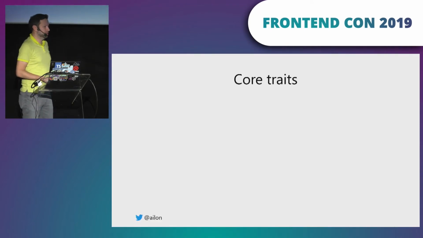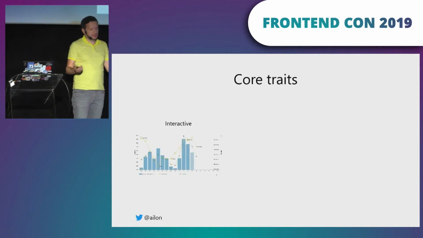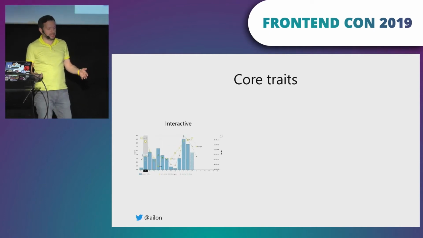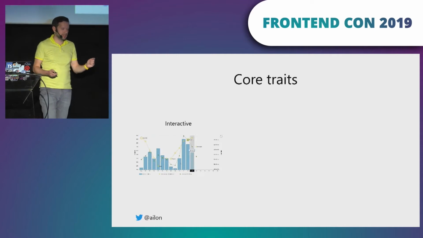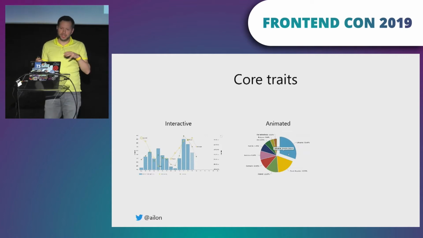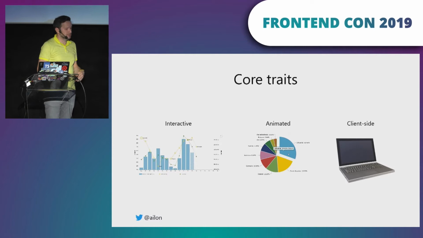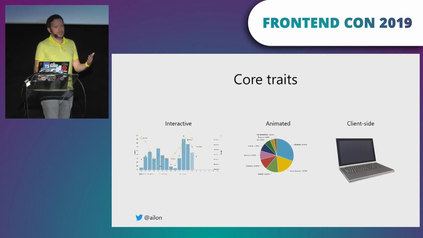Yeah, so what constitutes a modern data visualization library in 2019? Basically, the charts have to be interactive, so users can poke around, see, and analyze the data. Then they are animated, so developers can point the user's attention to the right part where they want them to see it. And most importantly, they are client-side, so